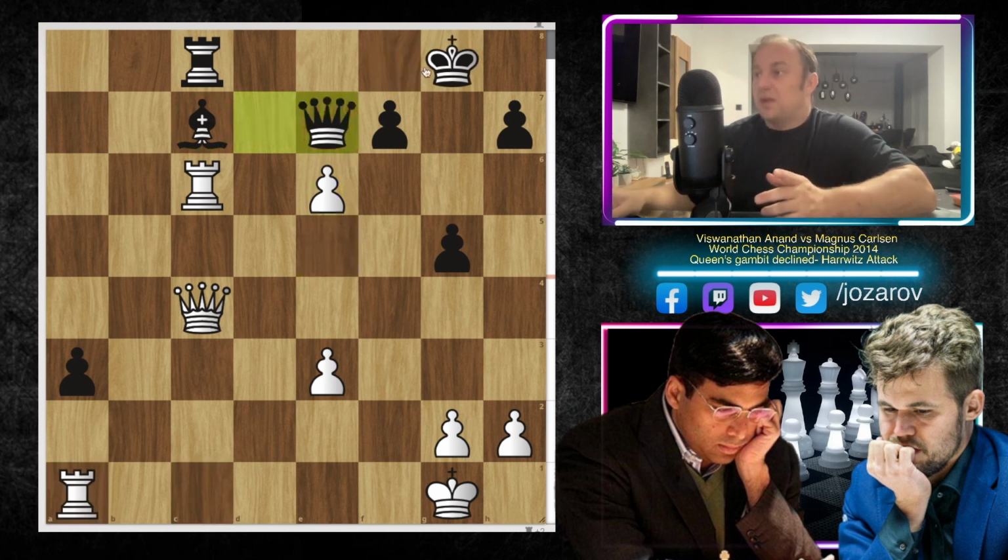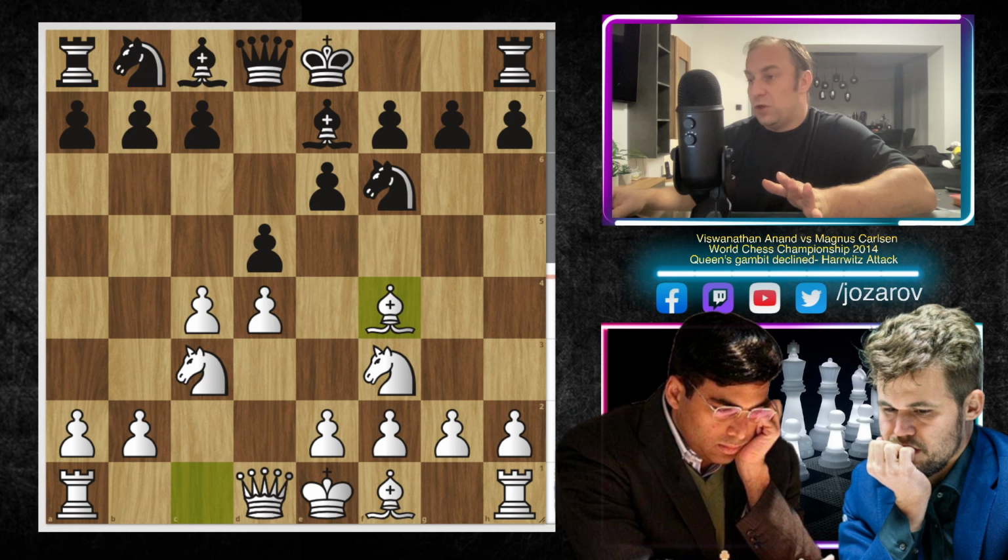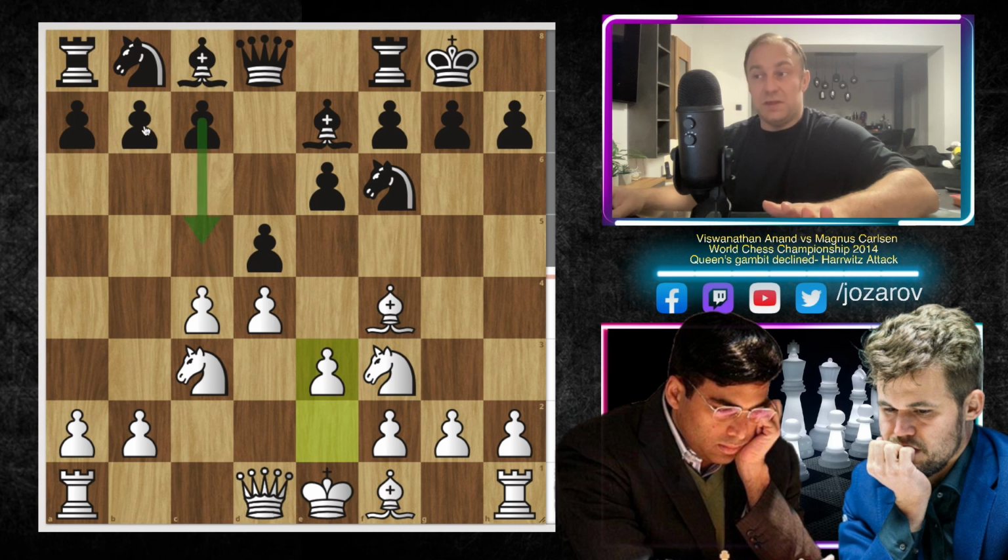So let's go back to the critical line. As we're repeating this a little bit, after bishop to f4, we have the Harrwitz attack. Black can respond with, after castling and e3, c5, b6.